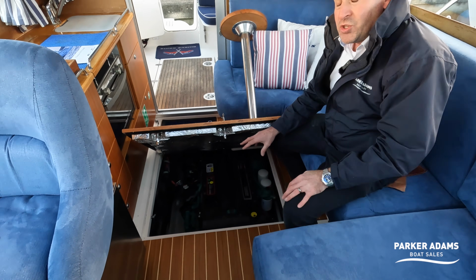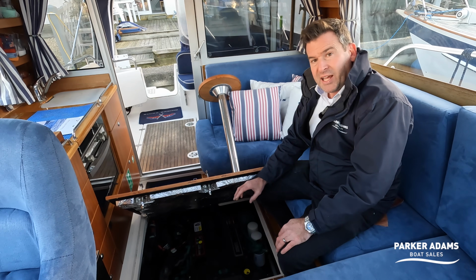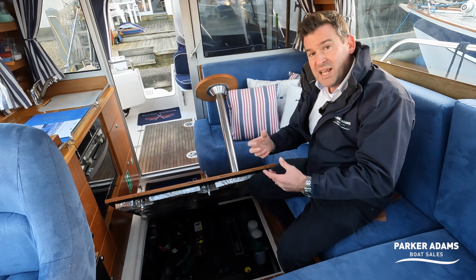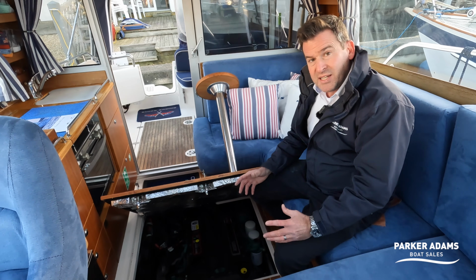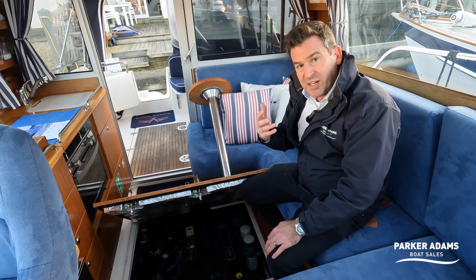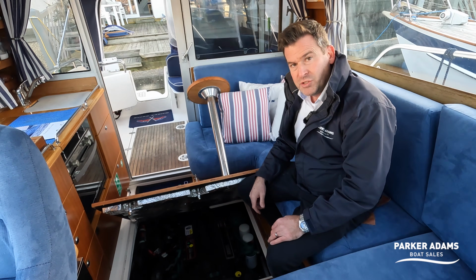Now the D4 210 is different from the bigger engine options because it doesn't have a supercharger. The benefit of that is in the rev range between 1500 revs and 2500 revs, that's when the supercharger would normally be cutting in, and they're very loud. So if you wanted to use this boat on riverways where your engine speed would be above 1500 revs, but you don't want to go onto the plane, then the supercharger would be cutting in all the time and makes things very noisy. But not having that makes this a really viable option for rivers as well,